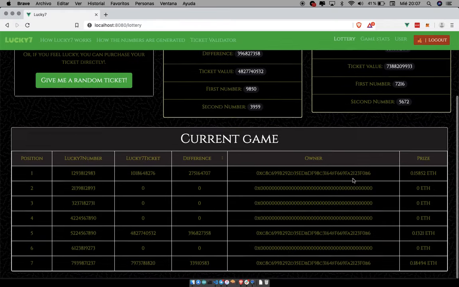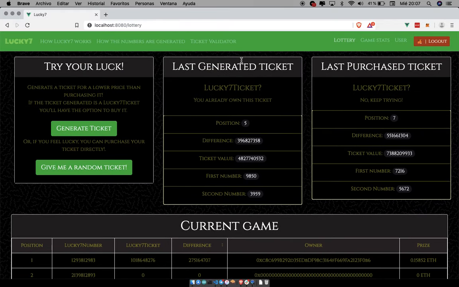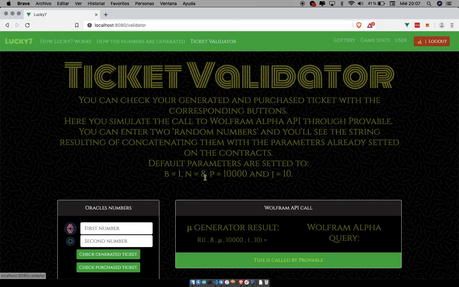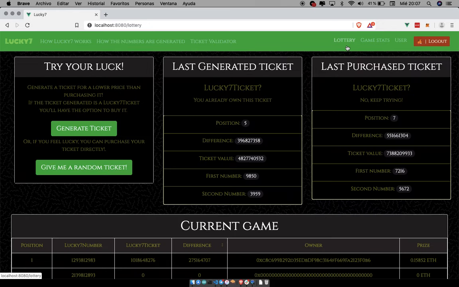It's pretty simple. You can check the value of your ticket in this section called ticket validator, where I show you that you can choose whatever number you want, or if you want to check your purchased ticket, whether it is indeed this value. That's the idea behind how the Lucky7 ticket works. You have these 3 proofs of